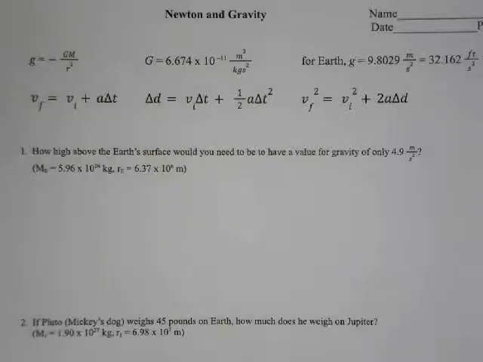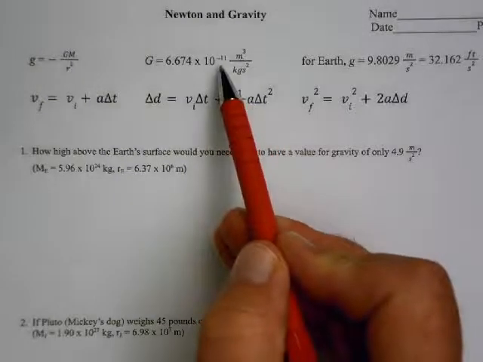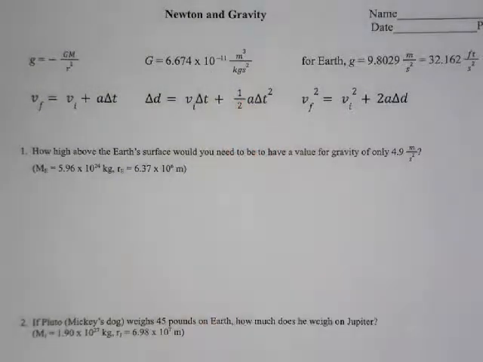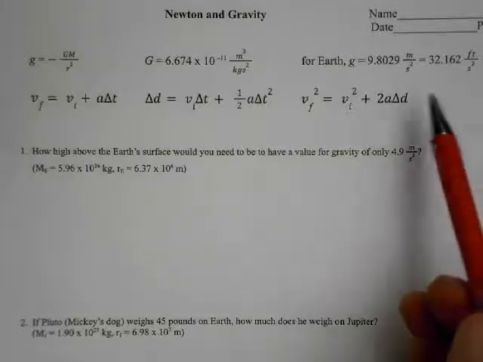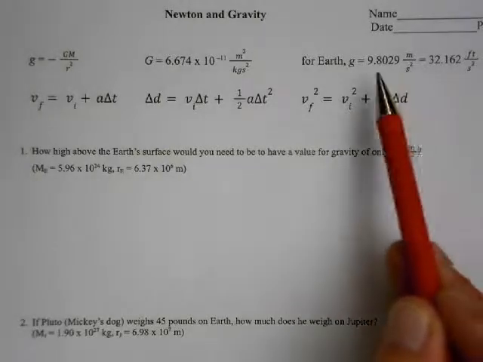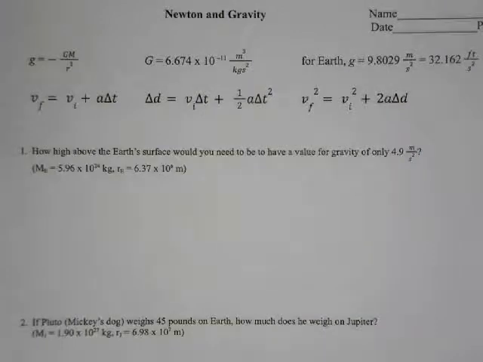The reality is that all of you have a gravitational attraction to yourselves. It's just that you're not very big. And so when you consider this constant is 10 to the minus 11 times your mass, it's not going to do much. But if you have a planet with a huge mass, then you can have an effective gravity that you would notice. And to several decimal places, here's what gravity would be for Earth, 9.8029 meters per second squared, or 32.162